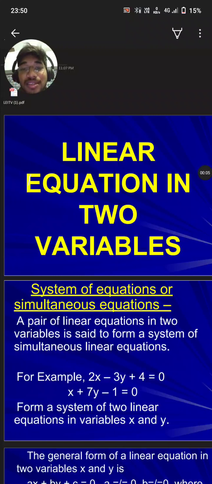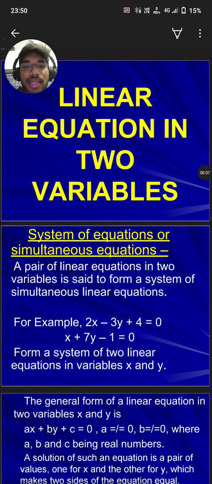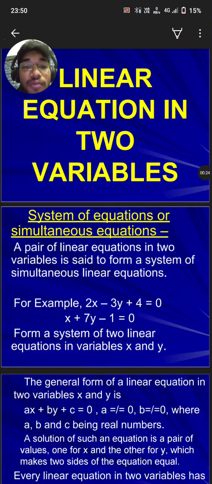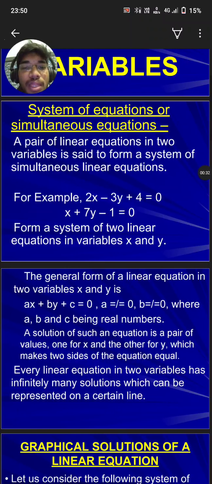I'm your maths mentor. Today's topic is linear equations in two variables. Before learning about them in depth, let's know what it actually means. A linear equation in two variables is an algebraic equation involving two variables having degree 1. Okay, then